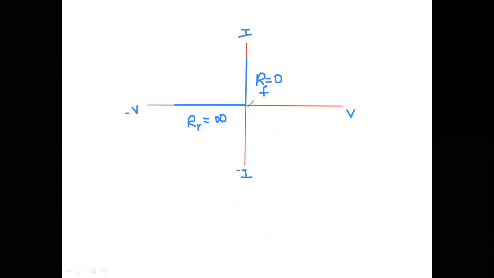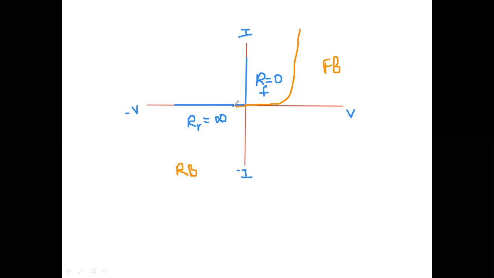This is the characteristic, practically speaking. This is the practical characteristics of a diode in forward bias condition. And in reverse bias condition,